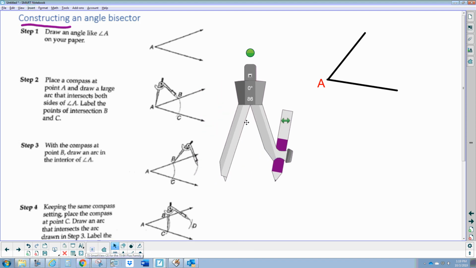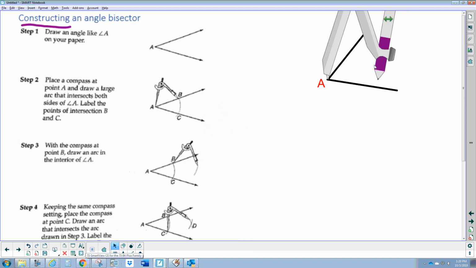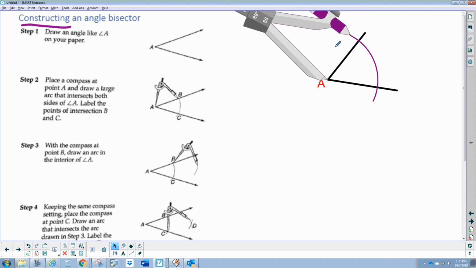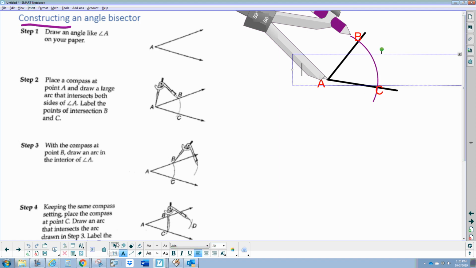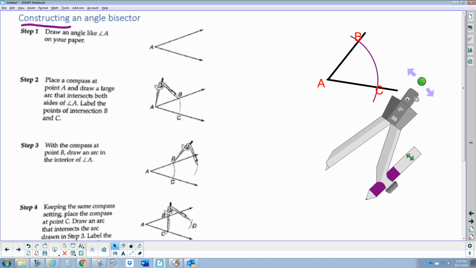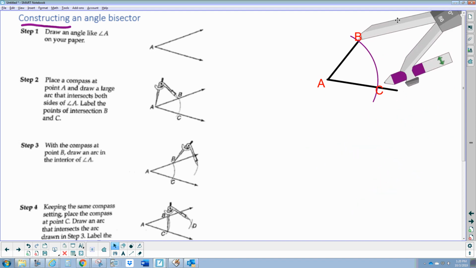Okay, so here's my compass. I'm going to put the center at vertex A, and I'm going to draw my arc so the compass arc intersects with the sides. And I'm going to label those B and C. Now, with my compass at point B, so I'm going to put the center of my compass at point B, I'm going to draw an arc, and I'll change colors here. So I'm going to draw an arc from B,